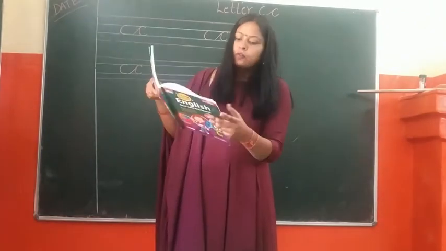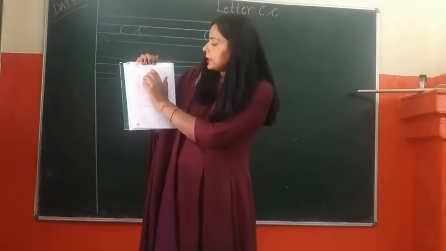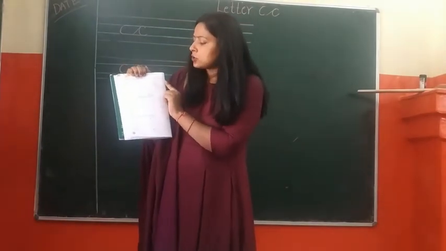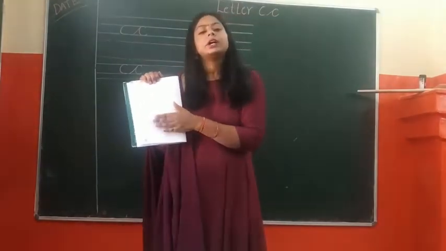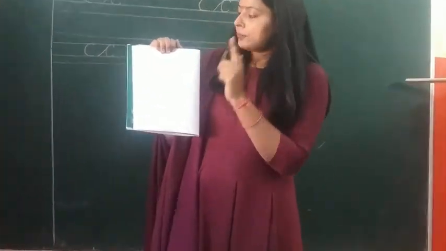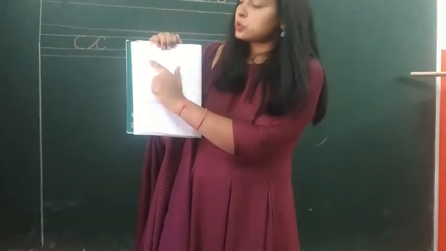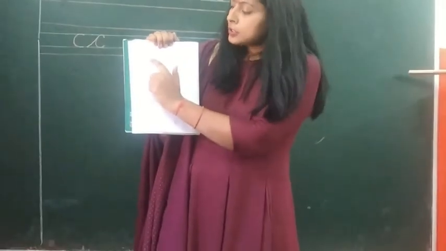So this is your homework. Then this is for revision. Look at the letter and color the correct picture in each row. So till now we have done letters A, B and C. So now according to this you have to identify the picture, and you have to identify the letter also. So this is letter A, small a.